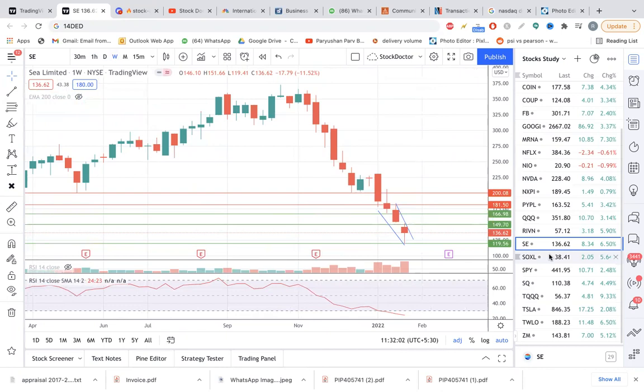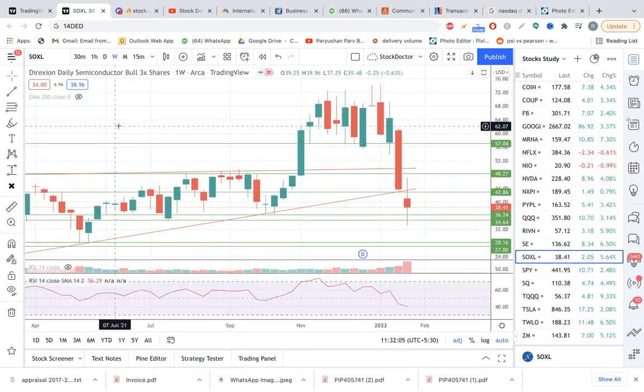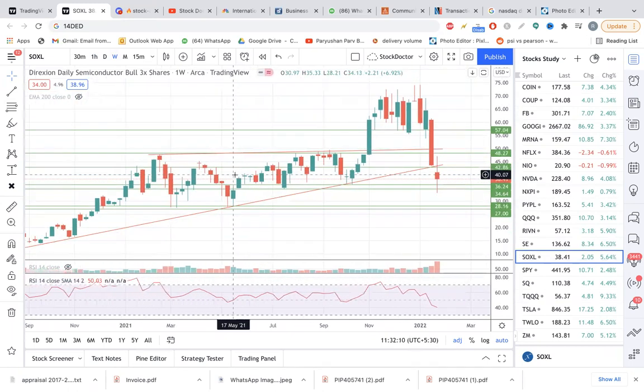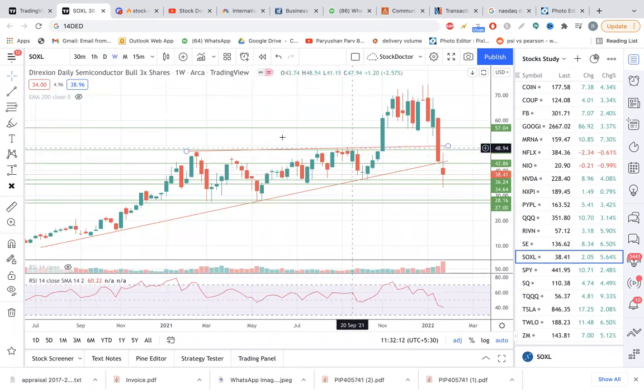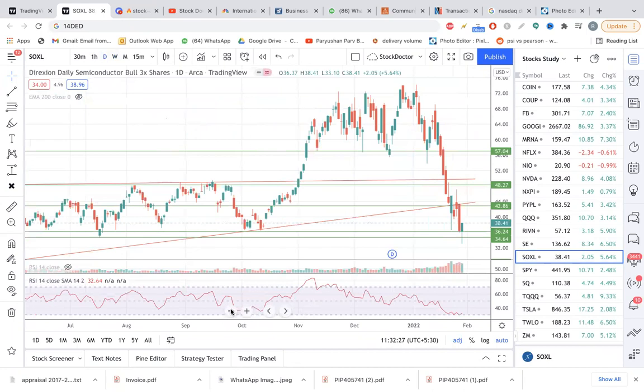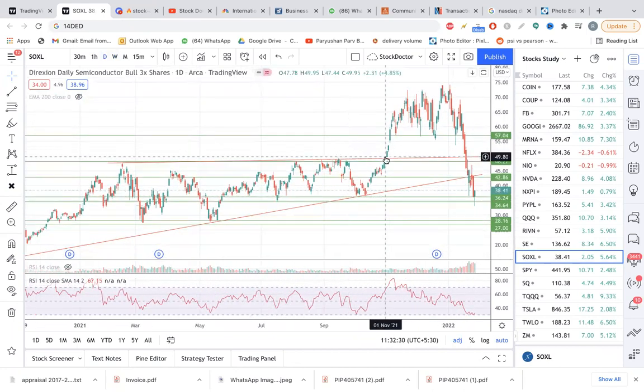Okay, the next stock we have is SOXL. This is one of the favorite stocks for so many people. So see here, a very important point. This stock has given a breakout when it was trading around 47 to 48 levels. This was the breakout candle. Okay, let's see on the day time frame. This was the breakout candle. After that, the stock went almost till $75. Then from the point where it gave a breakout,